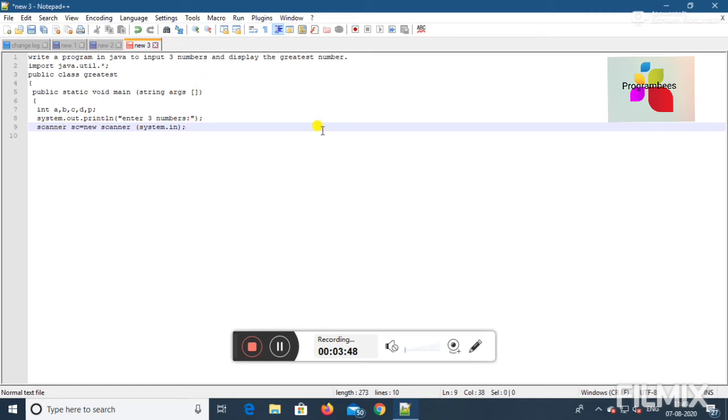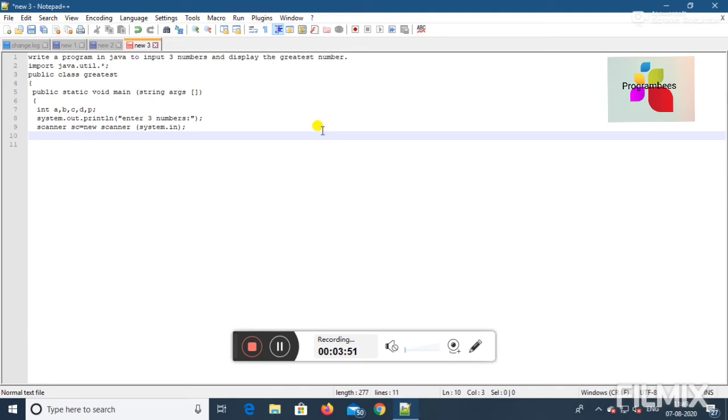How? We can create it with the help of the object created by the scanner class, that is sc. That means we have to write a equals sc.nextInt, because it's an integer, so the nextInt method will be used here with the dot operator with the help of object sc.